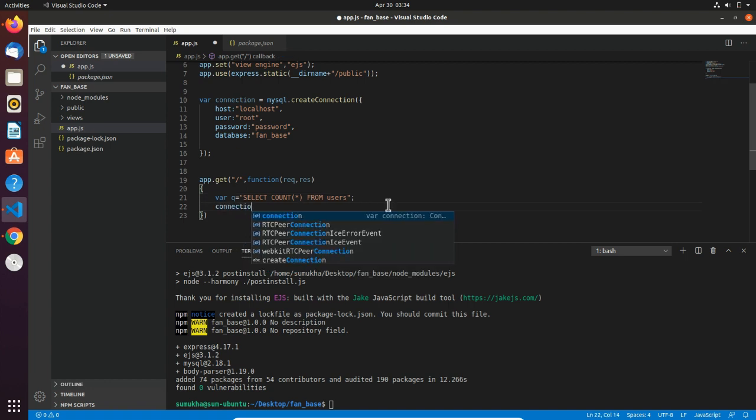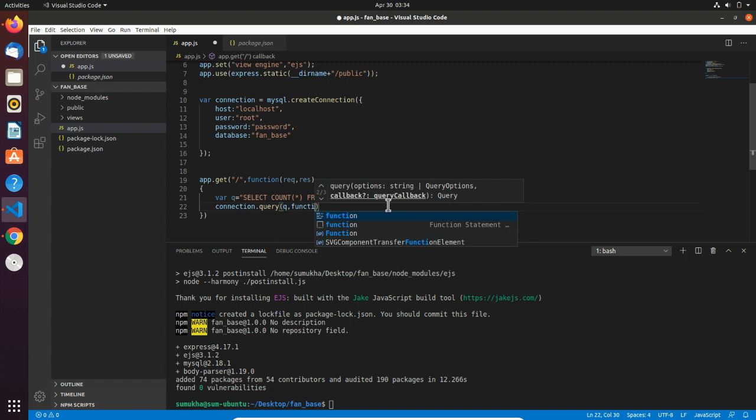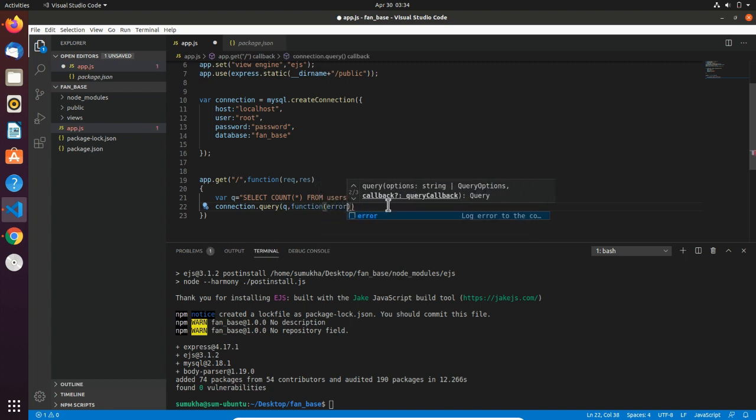Now we have to connection.query, q comma function, error, result, fields. Okay, if error, throw error.